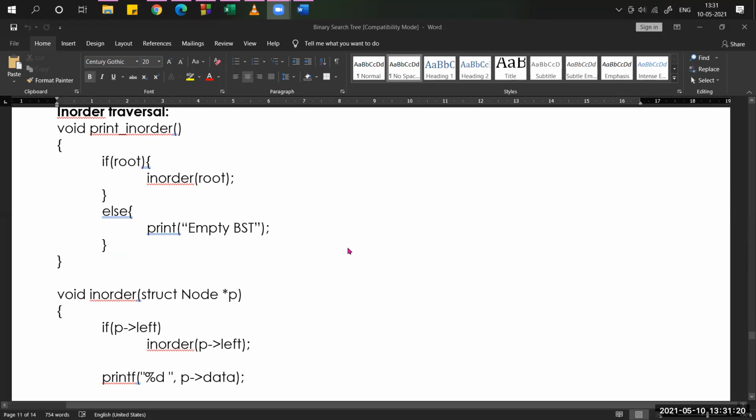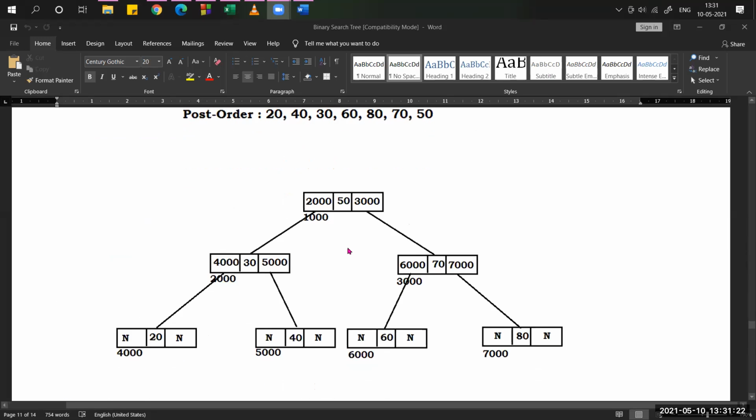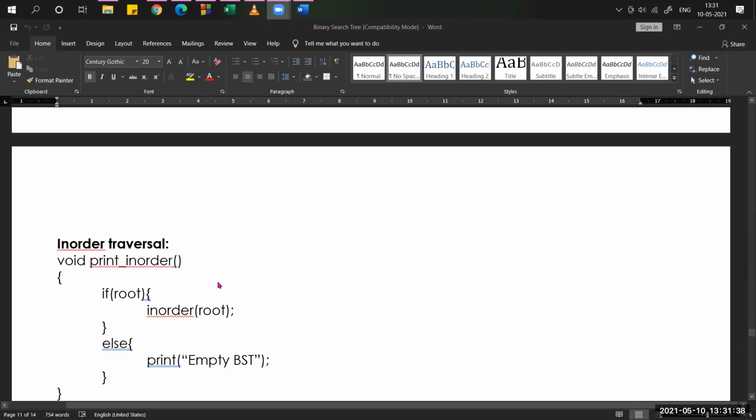If of root: from where do we have to start the traversal? Actually from the root node only. Root is one more pointer variable where we can store the address of the starting node in a given tree. That's why we start with the root.